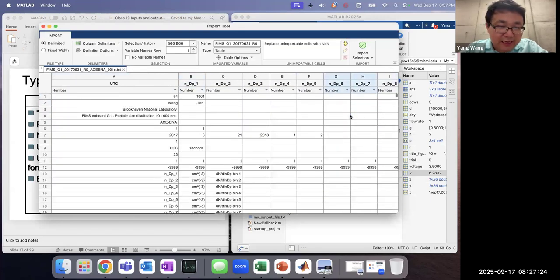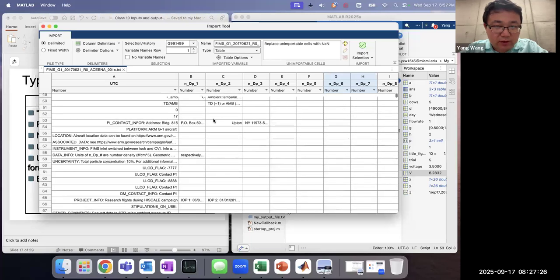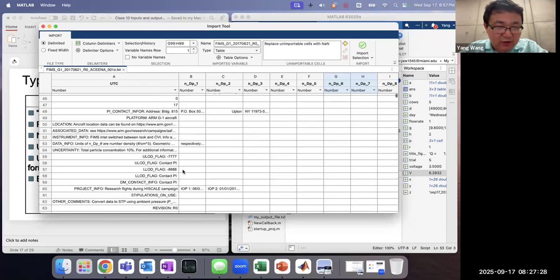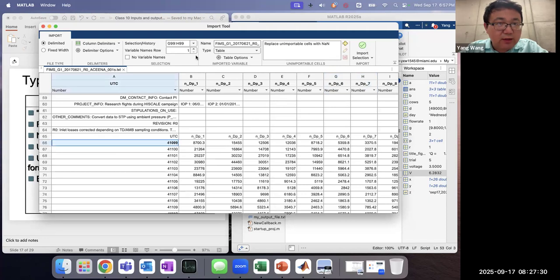So you can select which rows to import, because you don't have to import all of these annotations. You can just start from here, and the way that it recognizes or splits the data is by using these delimiters to separate the whole data set and then include it in the